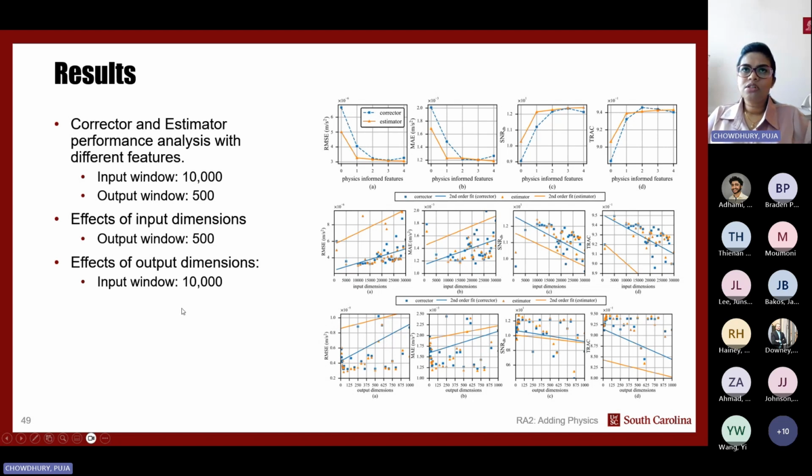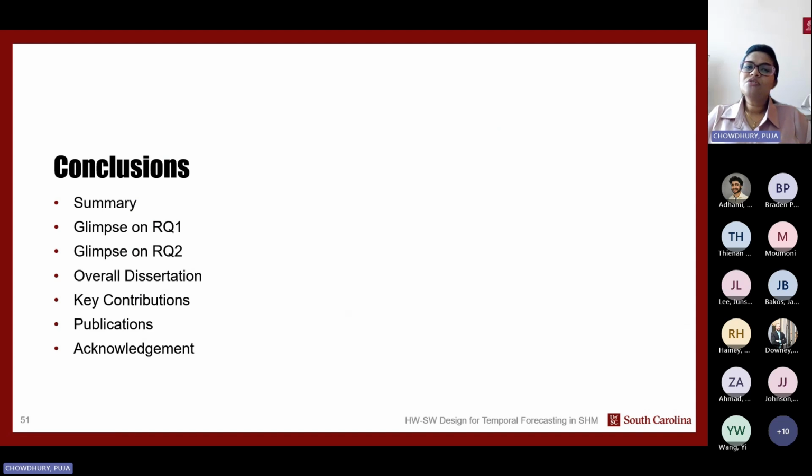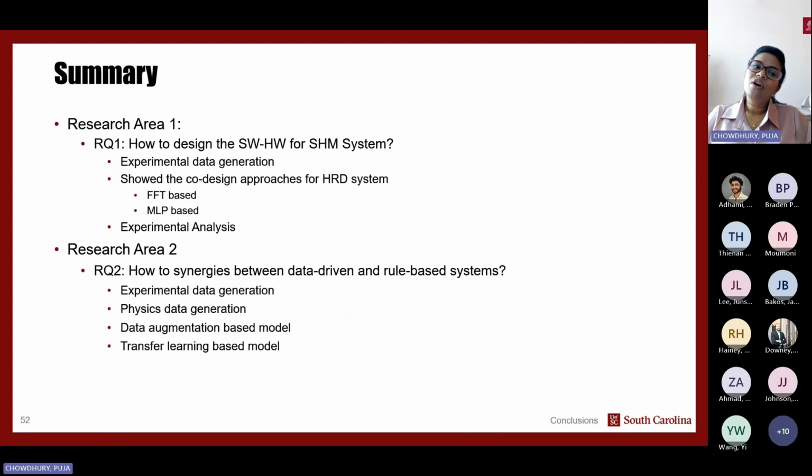So that's how the overall sensitivity analysis is done for the transfer learning based physics-informed model, PIMENTO. And here, again coming to the overall dissertation, how it all works together: how to design hardware and software, how to add physics, and finally both of these make the final dissertation, hardware software design for temporal forecasting in structural health monitoring. Conclusions. The summary of this overall research: in research area 1,